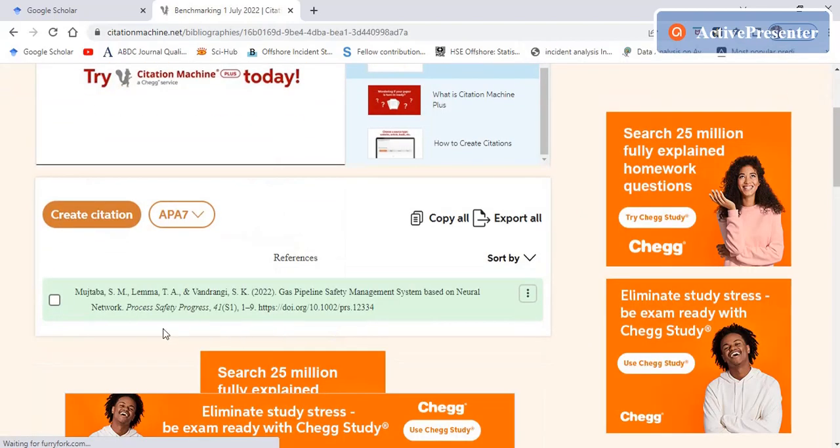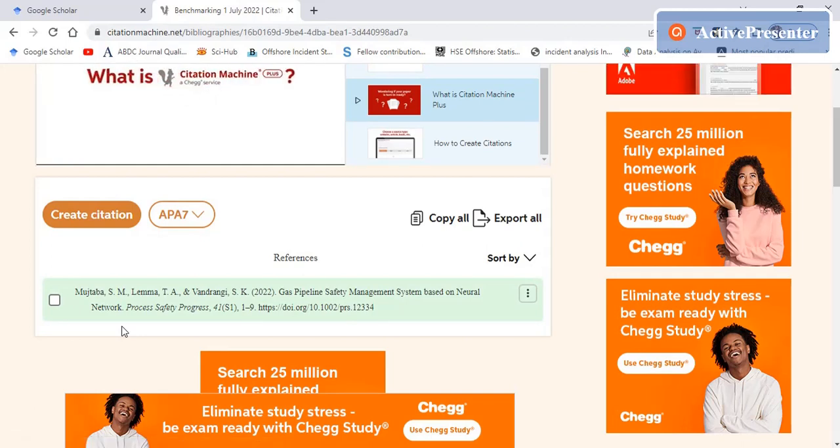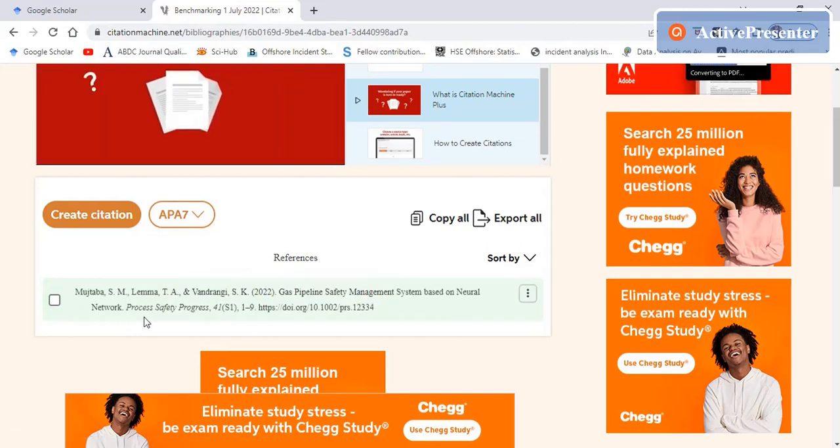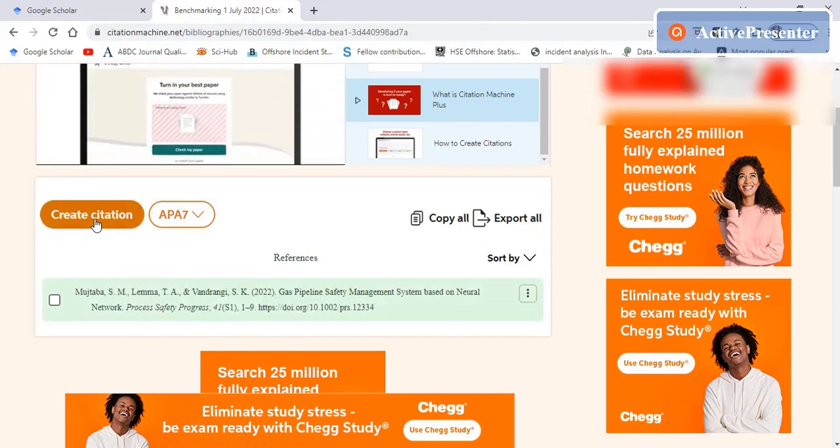So hooray, your first reference has been successfully added to the list. So let us see one more example. So one reference is added. So let us see one more example. After that, click on this create citation button,